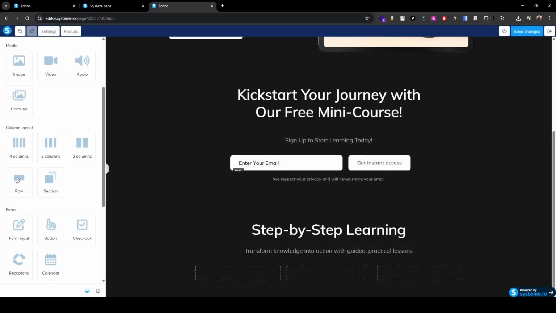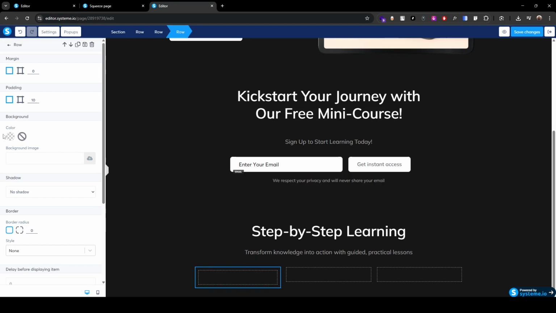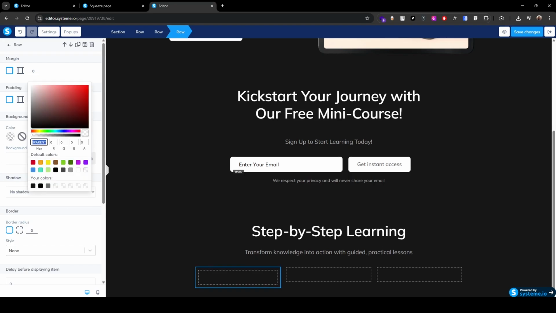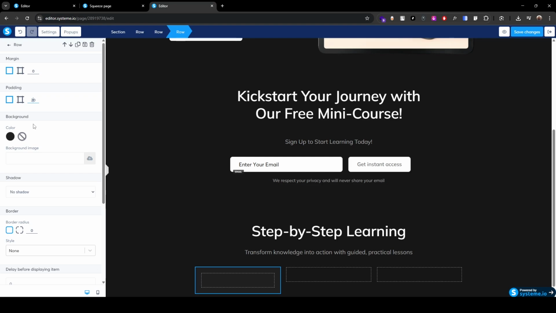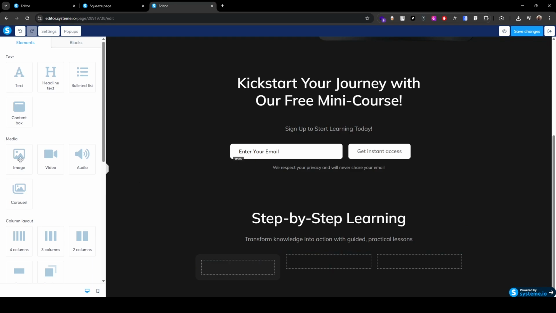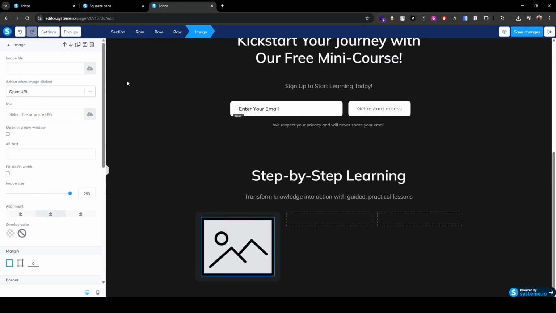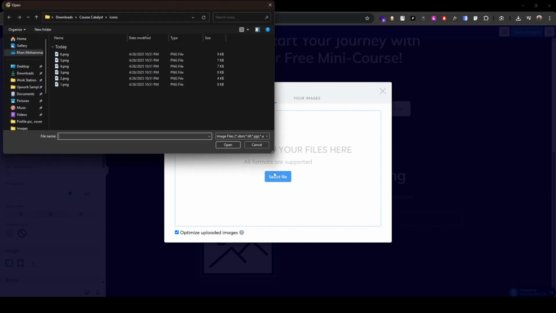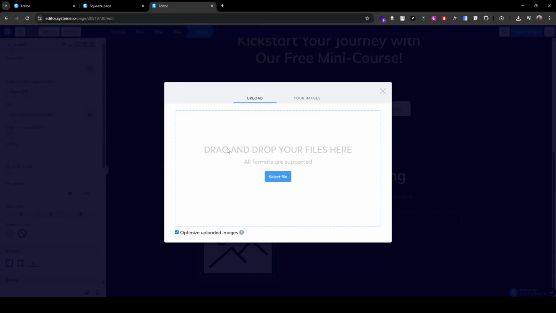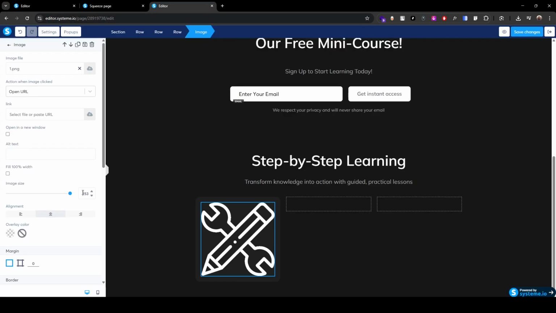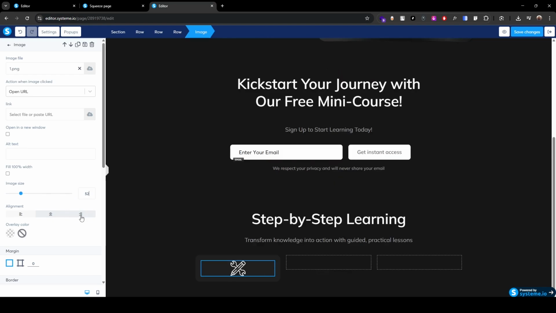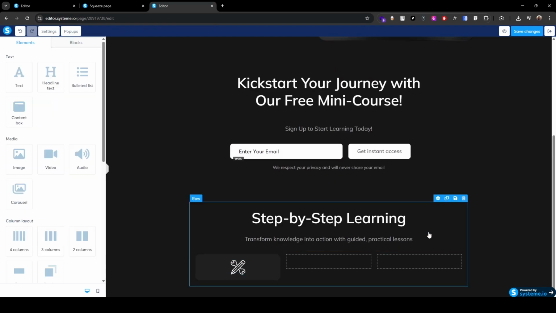So drag a row here, click this row, add a background color, increase the padding to 20, add border radius 15. Now inside this row, add image element, click on it, select, decrease the image size to 50 and click this text,